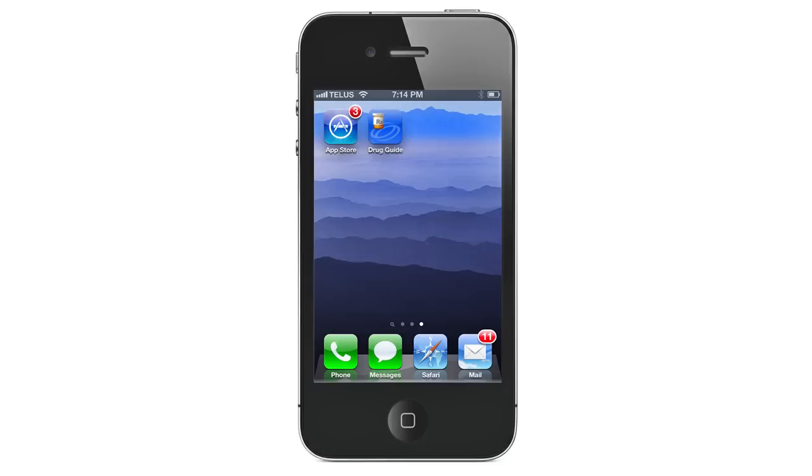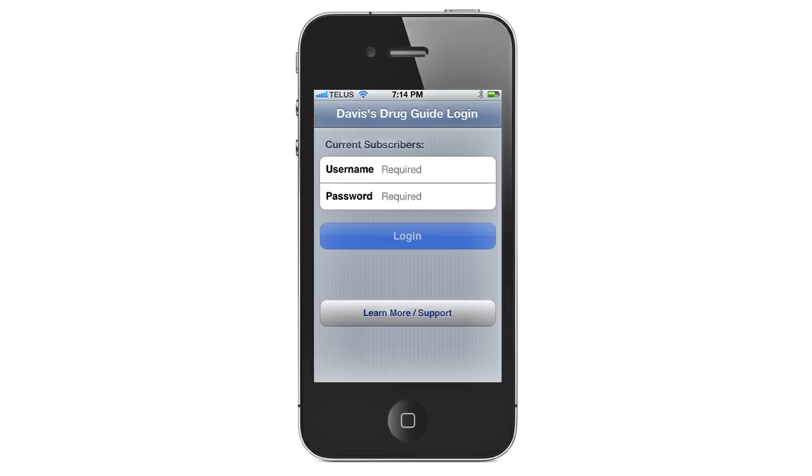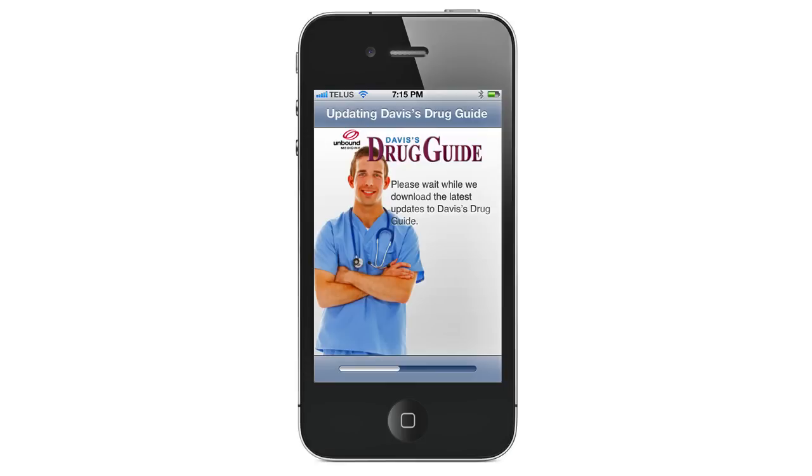Once downloaded, touch the Davis Drug Guide icon and enter the username and password you've associated with your Davis Drug Guide purchase. Press Login. Davis Drug Guide will quickly update to the newest version, after which you can touch the Finished Updating button at the bottom of the screen. Now the hard part is over. Your purchase, installation, and registration of Davis Drug Guide is complete, and you may now access the wealth of knowledge